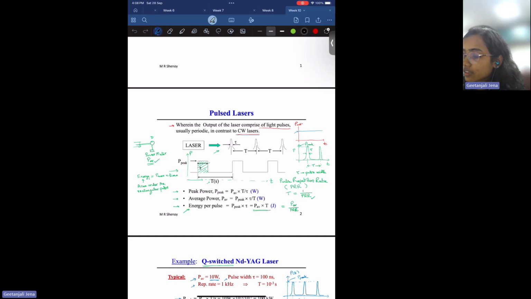If you look at this figure, it's the power output versus time for a continuous wave laser. For a continuous wave laser, the output that we detect is constant and uniform over all time. But if you look at the second figure,